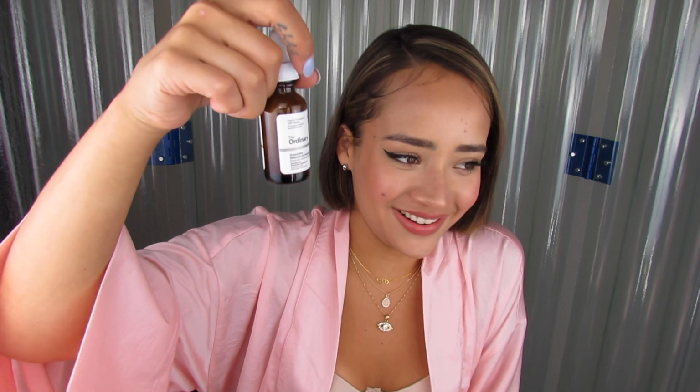But of course, just like with any other product, it's going to take a couple weeks of using it to see any noticeable differences. But one of the first differences that I noticed was the fact that I had really glowing skin and it was just really plump, firm, and just kind of rejuvenated after using this. So I use this after the peel, obviously, and I used this before the